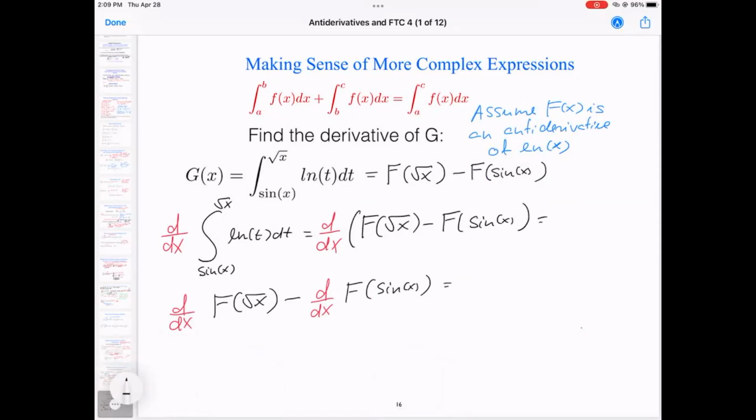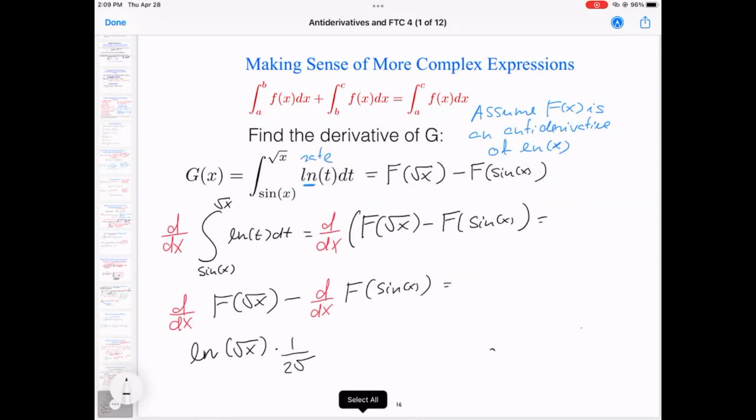So let's do the derivative of the first one. Derivative of capital F is ln, right? So this is my rate here. So derivative of capital F is going to be ln with respect to the inside function, very good, square root of x, and then you're not done yet. You multiply by the derivative of the inside function, which is